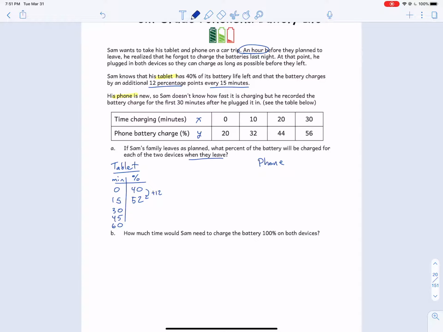Okay, so 52 plus 12, we have 64, 76, and 88. Now, just like in class, check my math, make sure I'm not making a mistake. I mean, I am just human. You have calculators, you have your phone, you can check all this out. So for the tablet, it is going to have 88%. Okay? And for the phone,